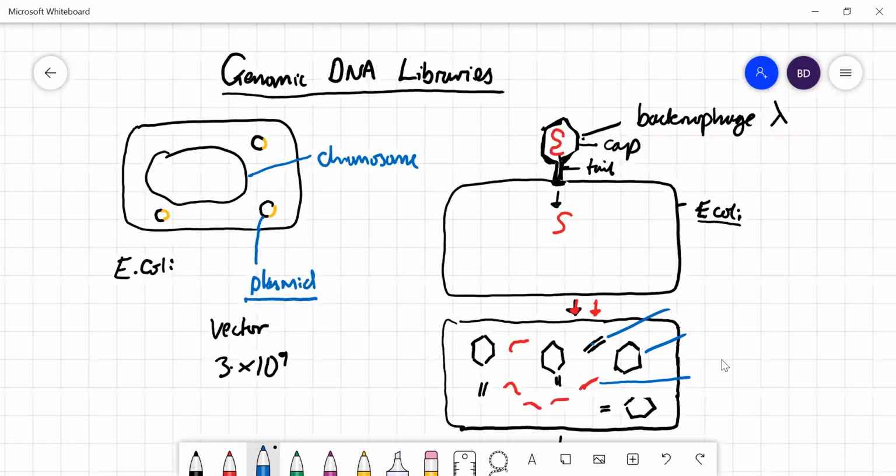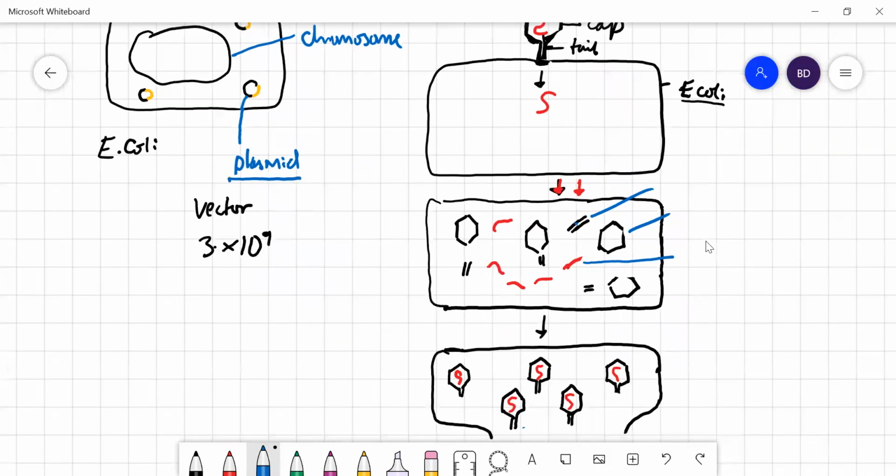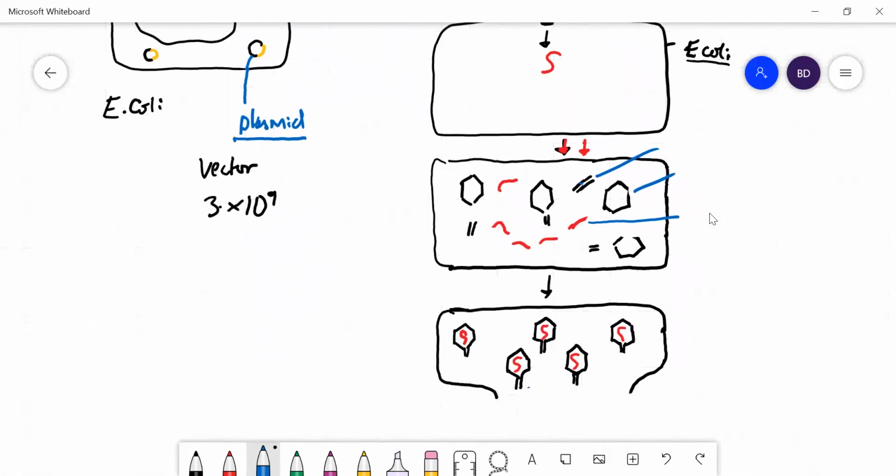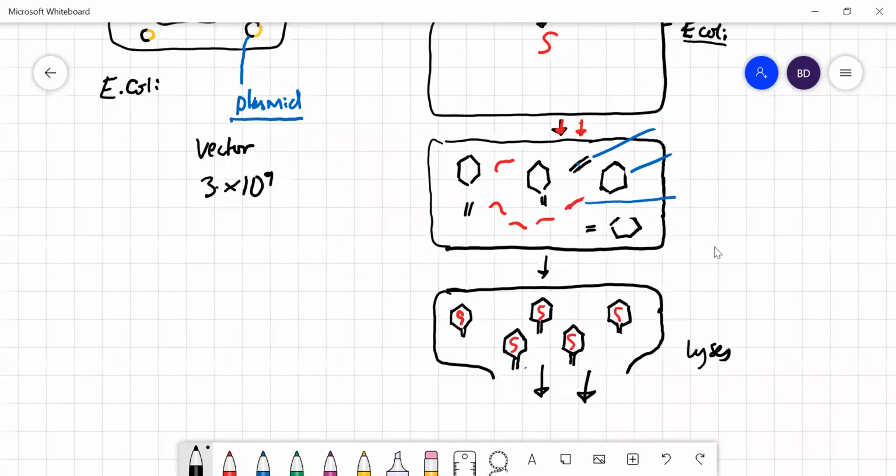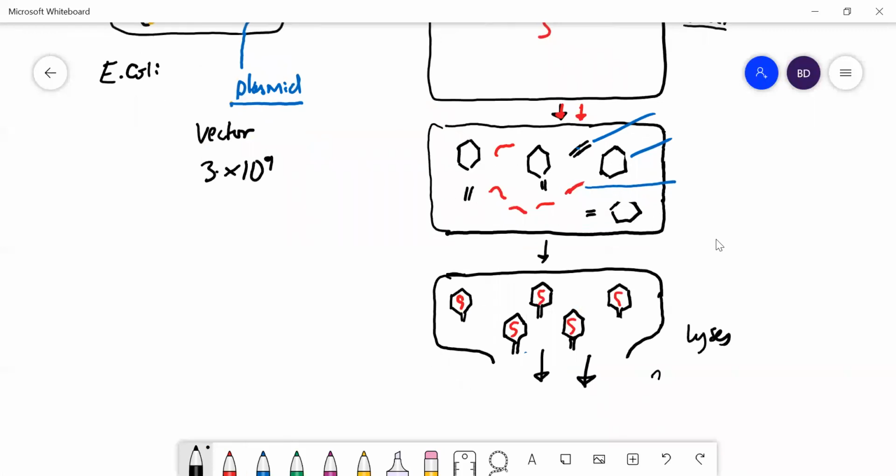The phages are matured, so the DNA is packaged inside the cap, and when that happens, the cell lyses, bursts, and all of these phage progeny come out. I've drawn 5 of them. The usual number is about 200 progeny, which means offspring,